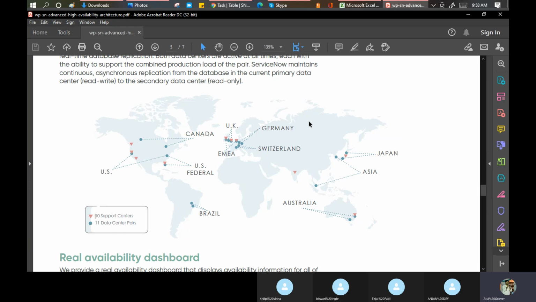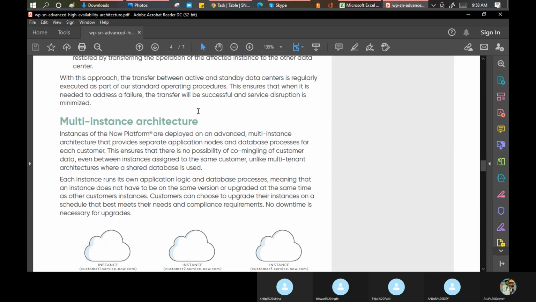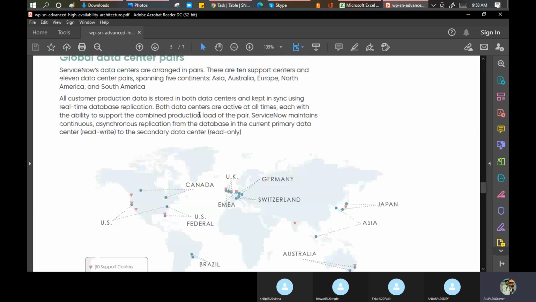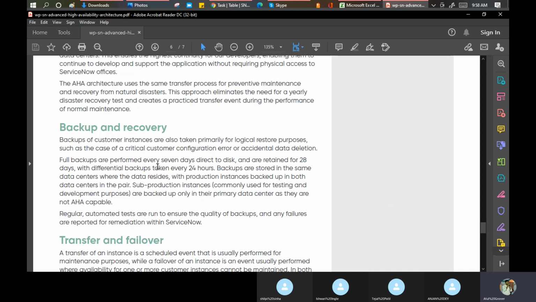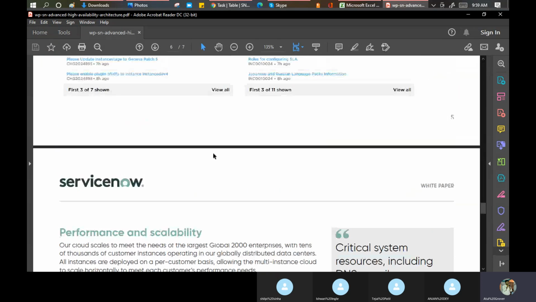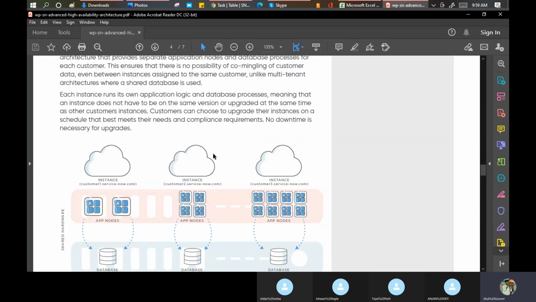Nobody will ask this question, but if you're going to the client side, on the first or second discussion, they can ask you this thing. And how are the backups taken care of? Under performance, backup and recovery, after every 24 hours they take a backup and they retain it for 28 days. After that, ServiceNow has no responsibility for it. So read this document. It is actually very good. It will give you very good insights into ServiceNow as a tool.